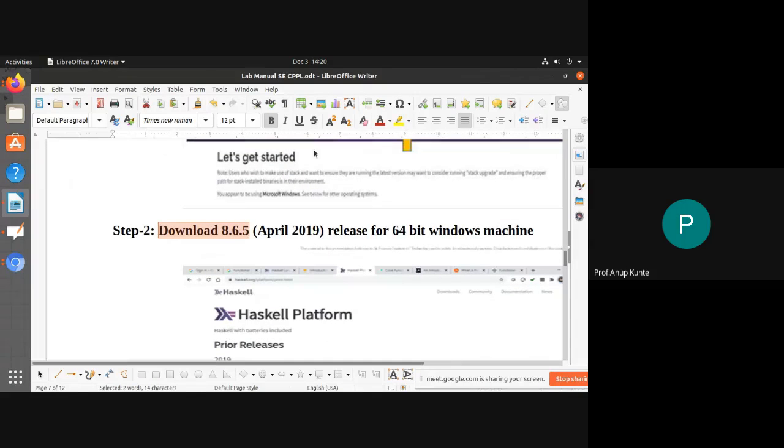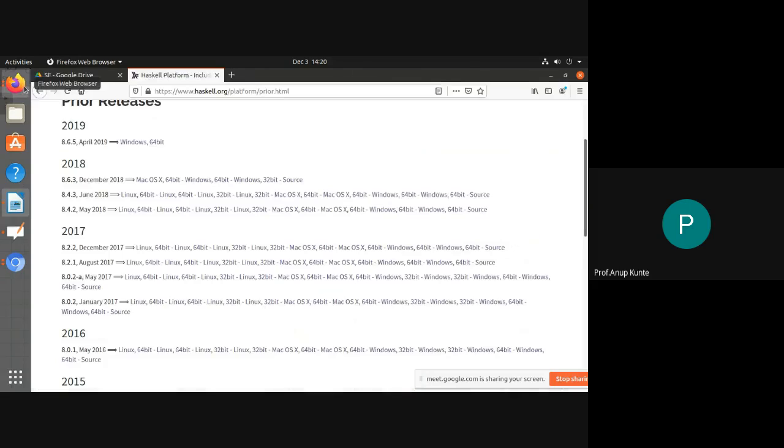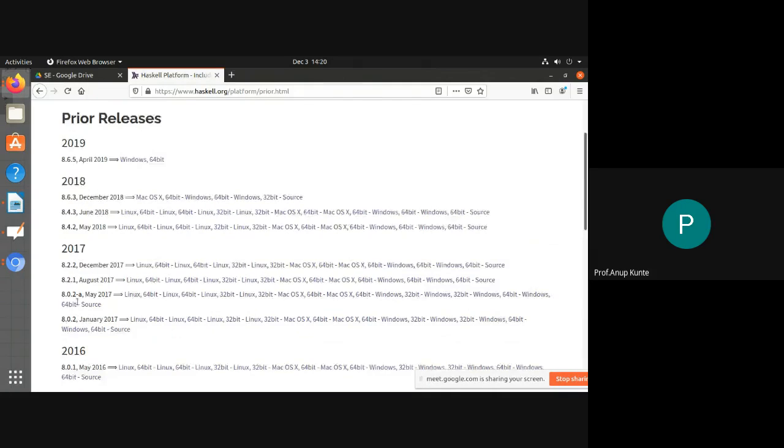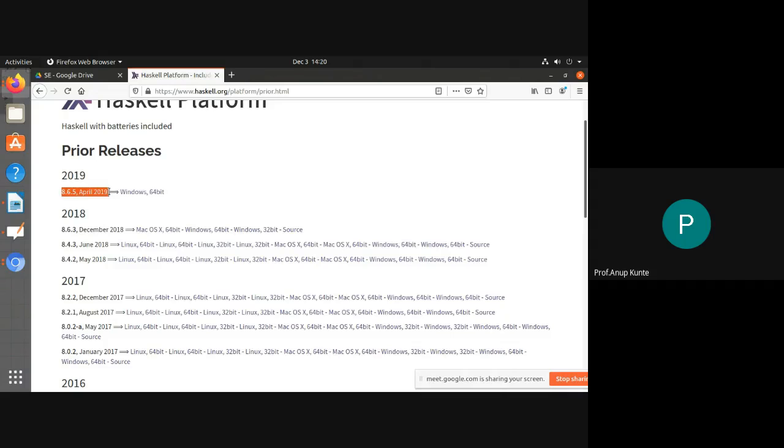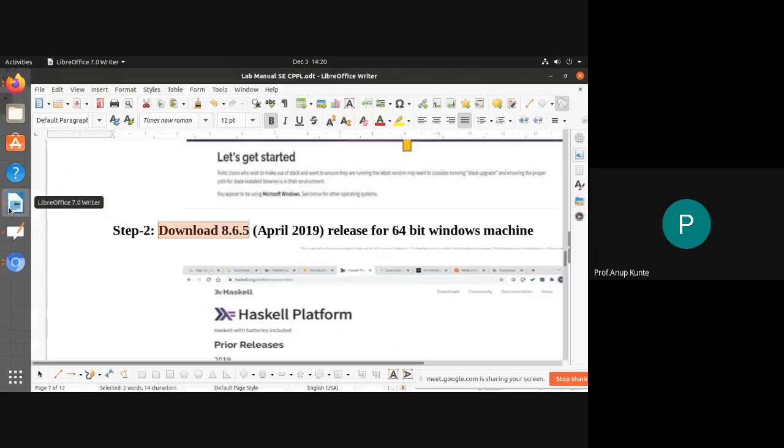This particular step involves installation of Haskell version 8.6.5. There are various versions of Haskell available over here. 8.6.5 is the version. This was released in April 2019, and this is the setup for Windows 64-bit. So I need to click on this. This will download an exe file, which is a setup file for an x86 64 architecture machine, which will install Haskell